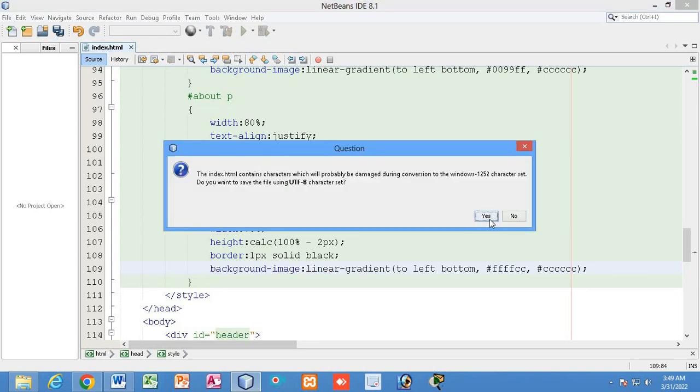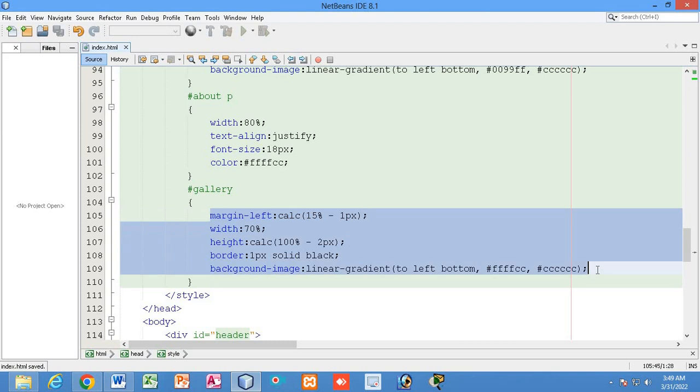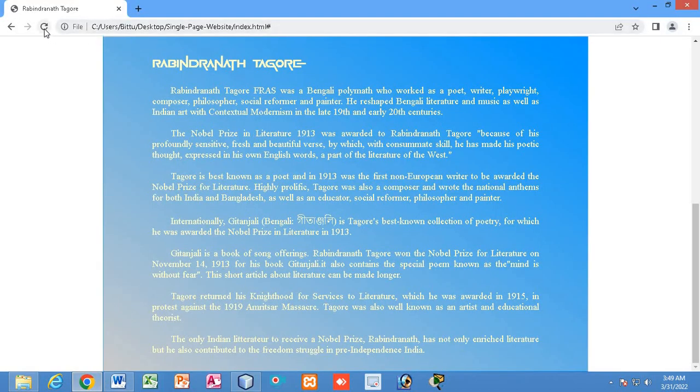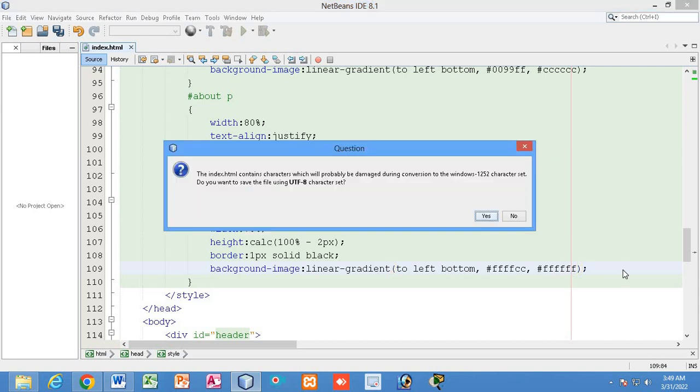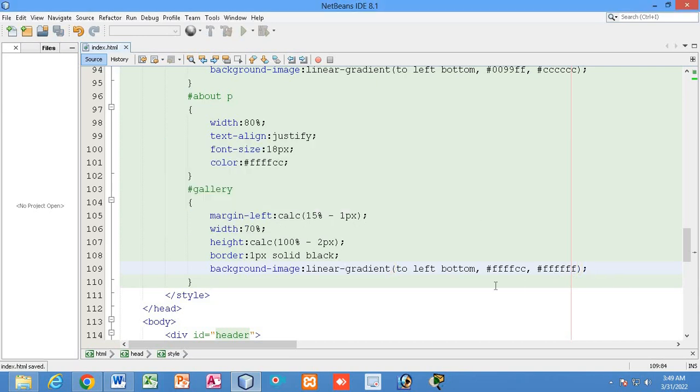So you can just go through the CSS properties: margin left, then width, height, border, and background color. So let us see how it looks now. See, this is how it looks. We are going to make it a gallery, and it will look white in color, right?